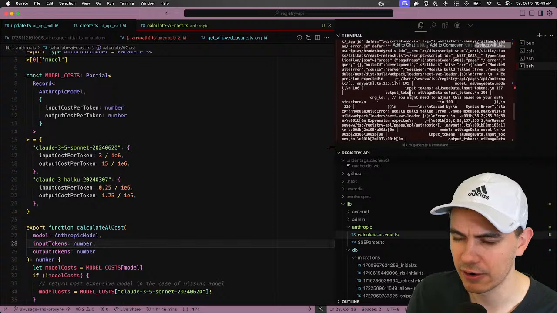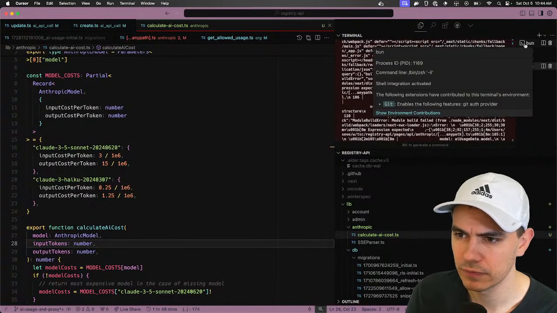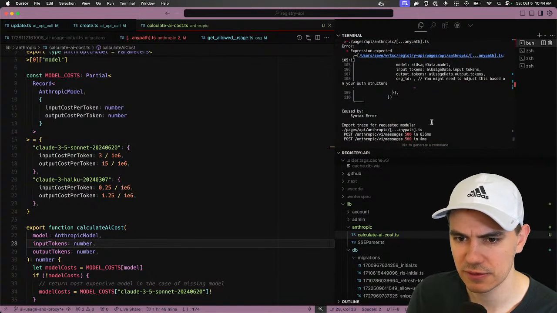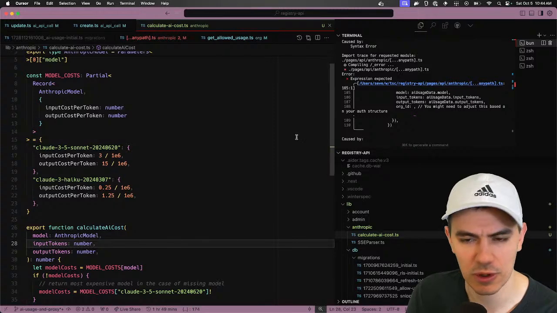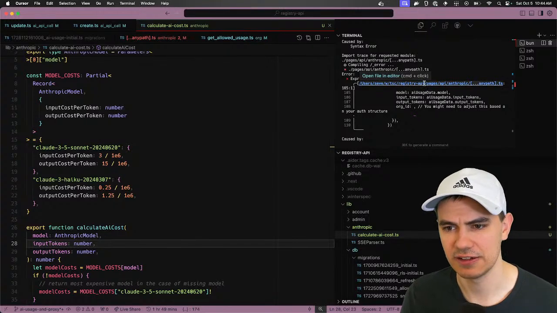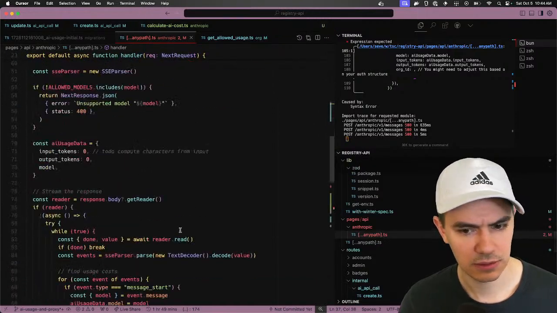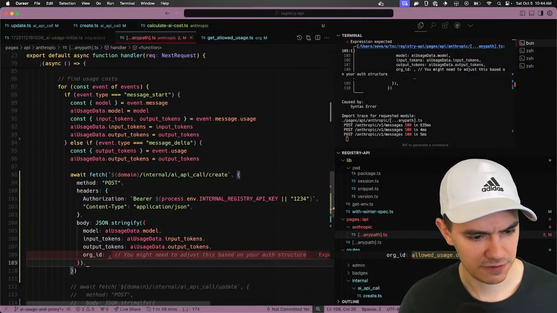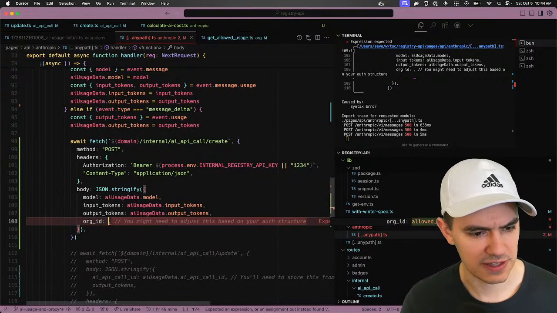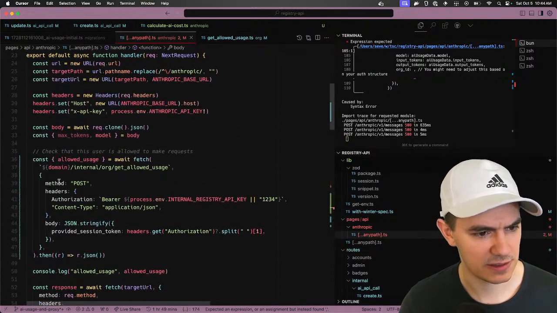Impossible to read error. Let's see if the server error is better. Bunch of 500 error, syntax error, org ID inside of this file. Okay. Syntax error, my favorite type of error. Okay, cool. So this is now in the response.